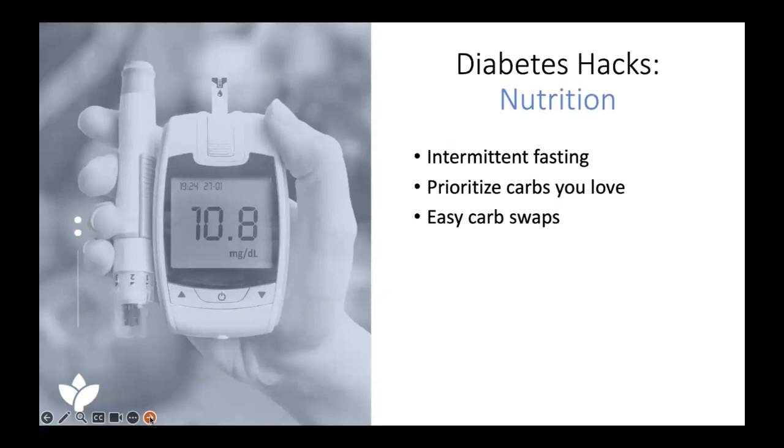Cauliflower rice is a very easy swap. It's actually easier to prepare in a lot of ways. And if you get used to it, it's not all that different from regular rice. And even at Trader Joe's right now, there are jicama wraps that can be used as substitutions for corn tortillas or flour tortillas. So if you look through your grocery aisle, just check to see if there are things that are lower carb or healthier options that are easier to fit into your lifestyle, depending on your